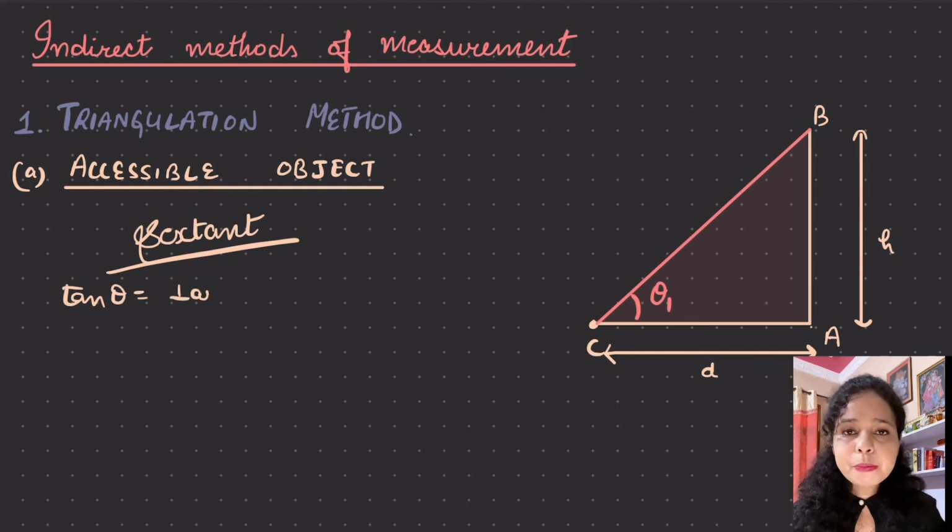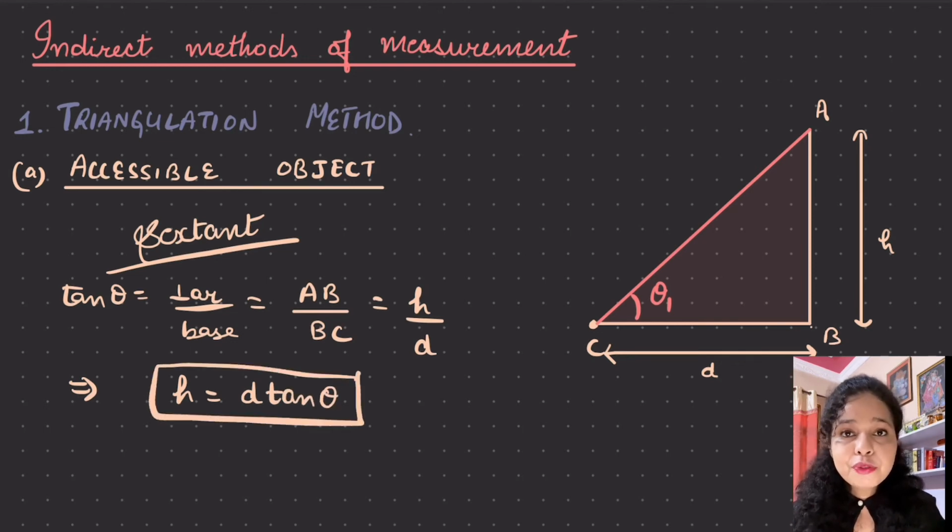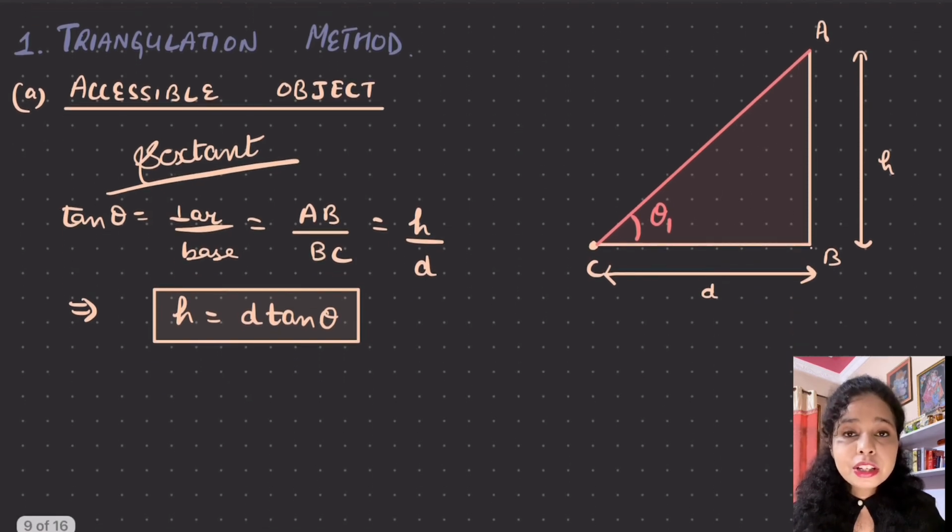Here AB is perpendicular and BC is base. Therefore, tangent theta is equal to AB upon BC, which is equal to H upon D. As theta is calculated with the help of sextant and D is calculated with the help of measuring tape, therefore we have H is equal to D tan theta. So this is the expression with the help of which we can determine the height of the building which is